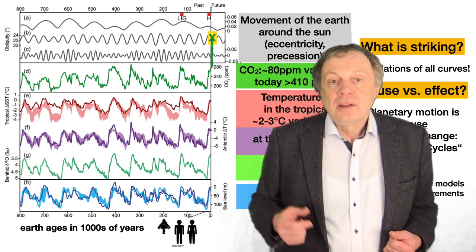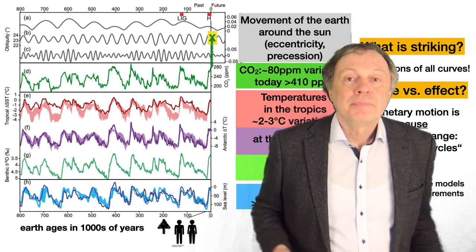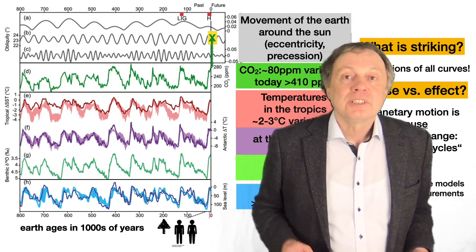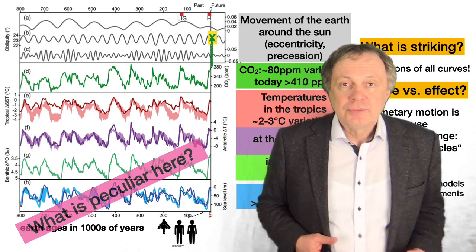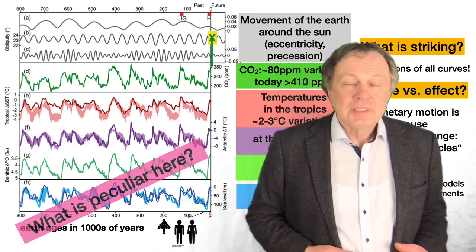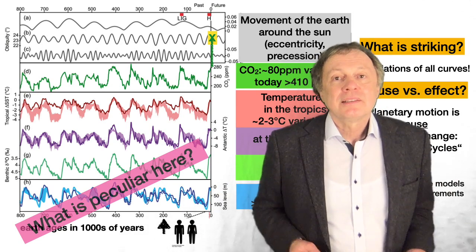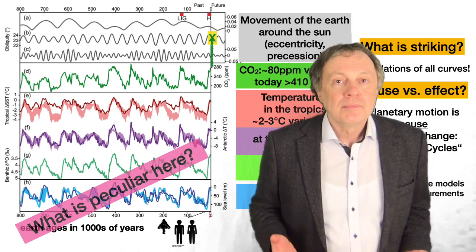Okay, at this point we could end, but of course as a physicist you want to get a better understanding, and there I will show you another few clues which are important. So let's try to understand these curves a little deeper. I showed you they are all somehow correlated, but they are not the same. Myself, I'm a particle physicist, I'm not a climate physicist, so I'm not an expert on all these details, but I have another view on curves compared to some other physicists maybe.